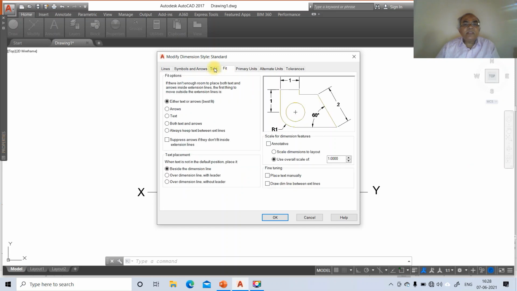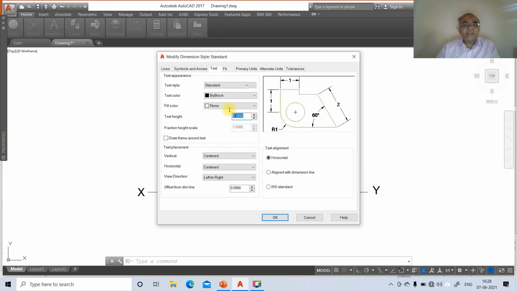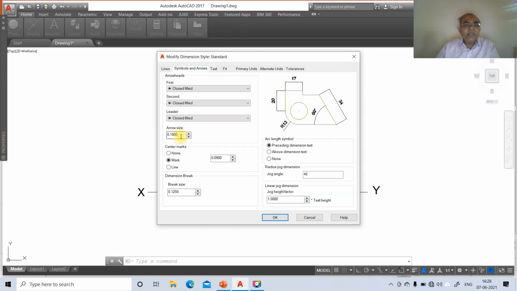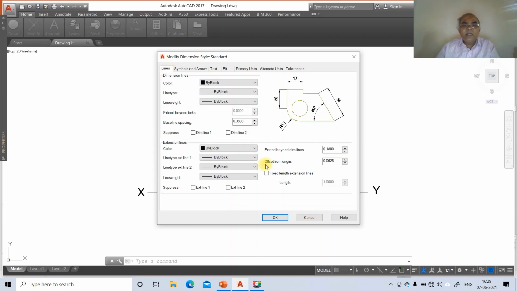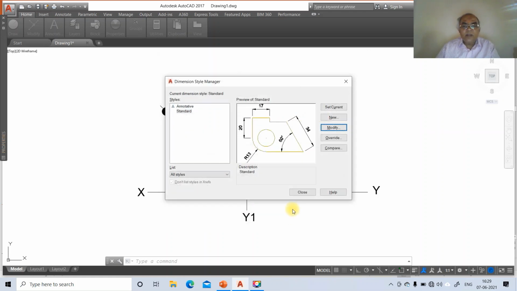Then go to text, take the text height as 3, align with the dimension line, centered text placement is above, and offset from the dimension line as 2. Then go to symbols and arrows, take the arrow size also default as text size, then go to lines and take the offset from the origin as 2, say OK, and then close.